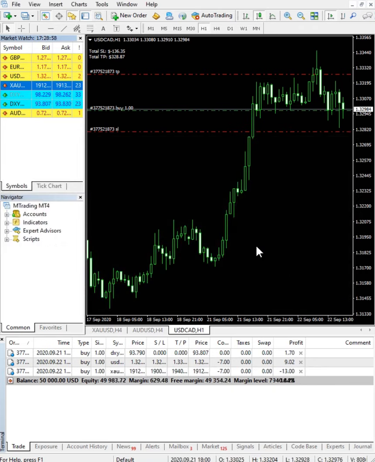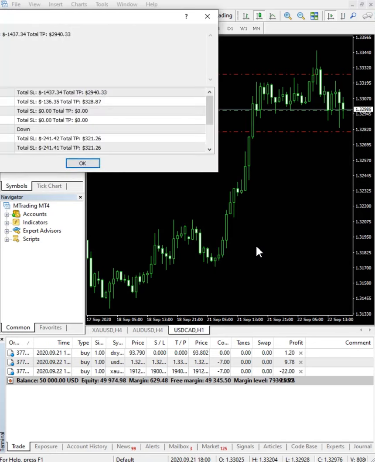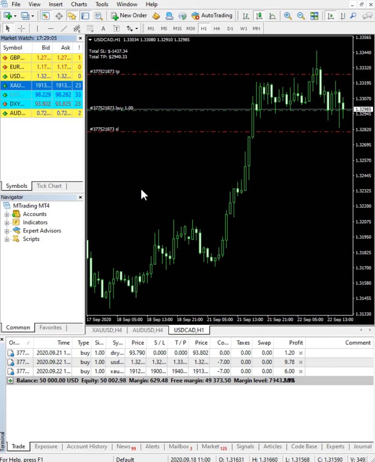So now you will see the numbers will change accordingly. You can see the update has already been received. Now you can check the SL is 1437 US dollars and the TP is 2940.